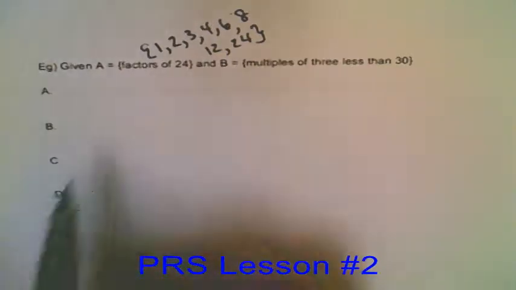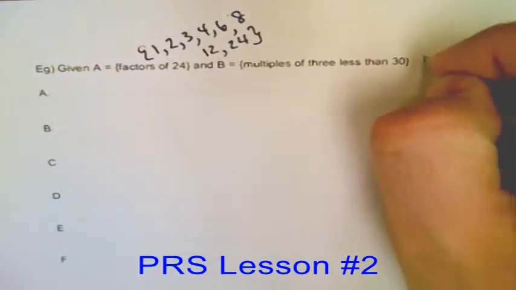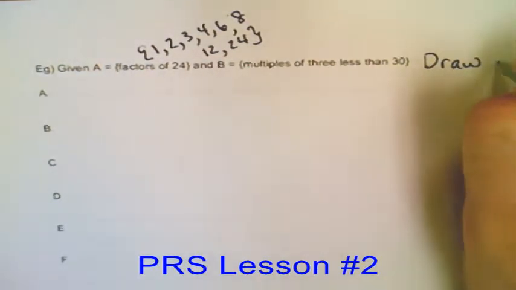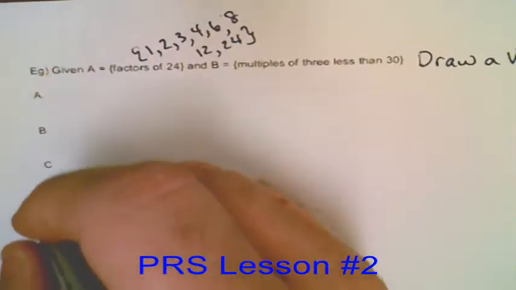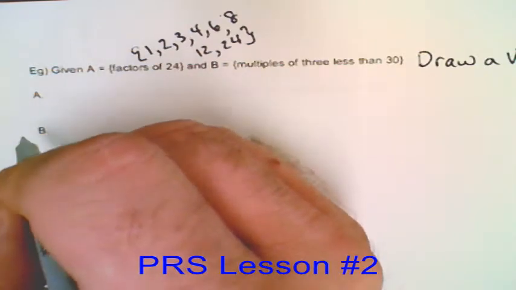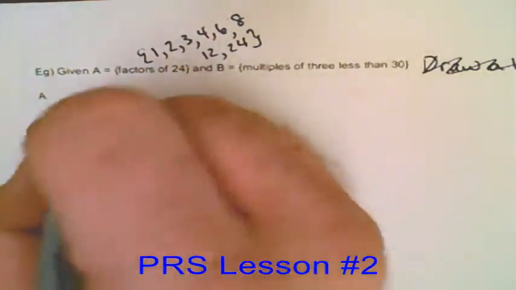Multiples of 3 less than 30 are 3, 6, 9, 12, 15, 18, and so on and so forth. So we've got that. So in this particular case here, I just want to look at these, and I want to draw some things, okay? So I've got set A as the factors of 24. Set B is the set of multiples of 3. Draw a Venn diagram